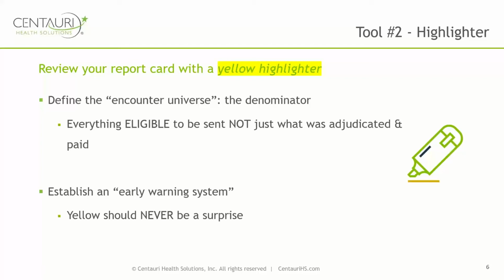Your correct definition of the universe is your first step in establishing an early warning system for data completeness and quality, and the second step is establishing a plan for addressing parts of that universe that cause submission delays or inaccuracies. Otherwise, you risk being surprised when your report card comes out. It's like our own performance reviews or any other results-driven process. One should never be surprised by the results that are revealed in that report card.